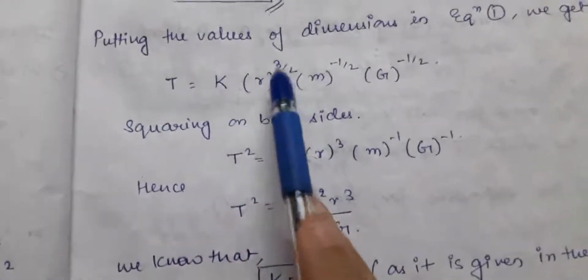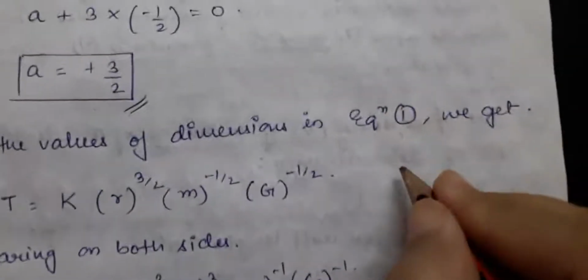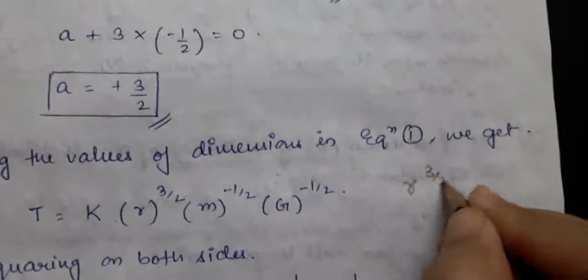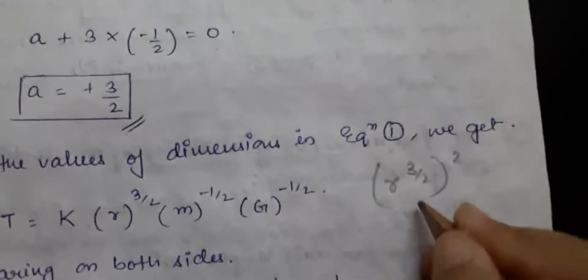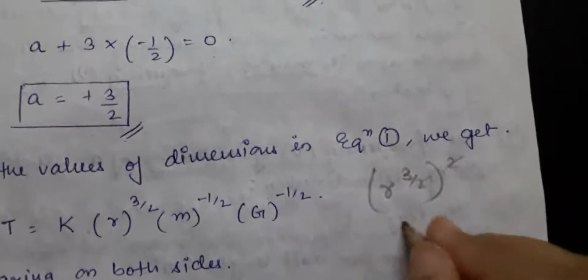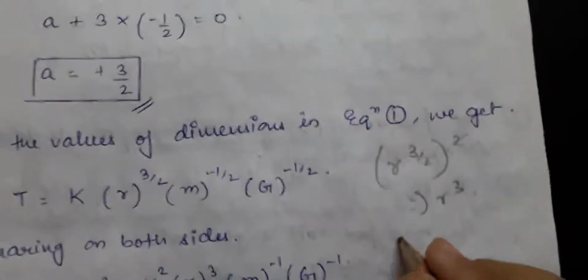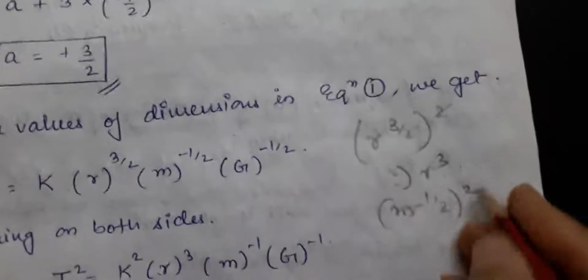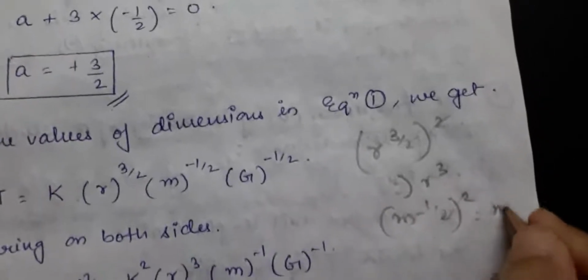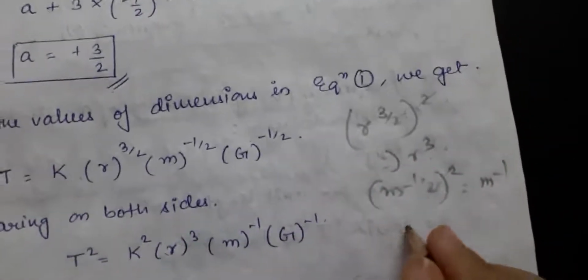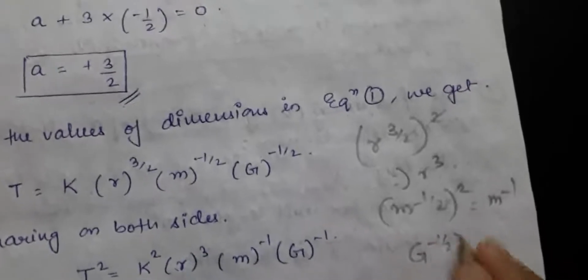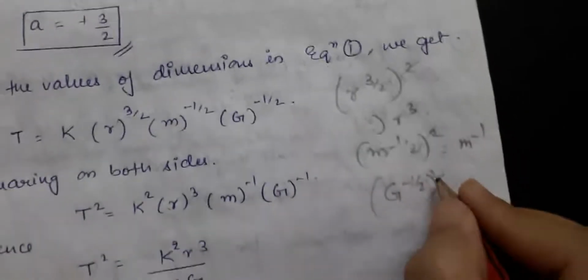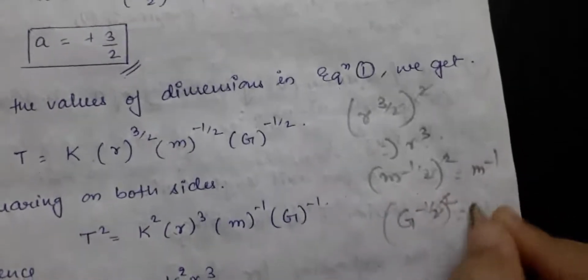If you do R power 3 by 2 whole square, the 2 cancels, so we will get R cube. In the same way, suppose M minus 1 by 2 and you are squaring this, the 2 cancels, so what you will get? M minus 1. Same way G minus 1 by 2 power and square,